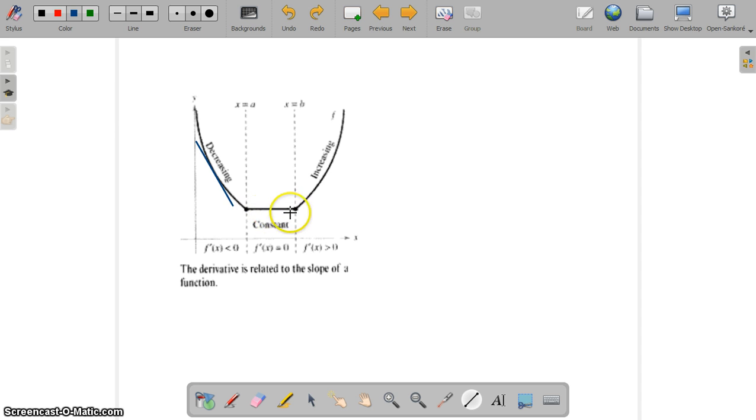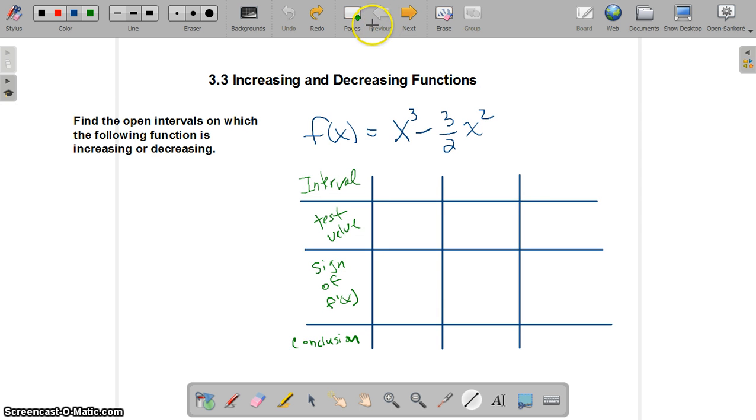This is constant right here. If the slope is 0, if it's a horizontal slope, the derivative is 0, then this is a constant area. And then right here, we have an increasing area. If the derivative is positive, that's a positive slope, the function is going to be increasing there. So we're going to use that information to figure out some things about a function, about where it's increasing and